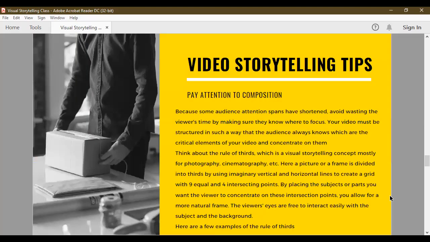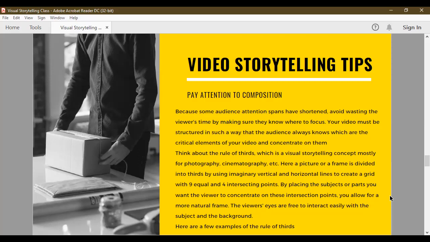Yeah, those are some of the 4 P's of storytelling. So that applies not only to video, the storytelling tips. You can apply them to your different types of visual storytelling. So whether it's photography, or you're writing actual stories, try and remember those 4 P's when you're trying to